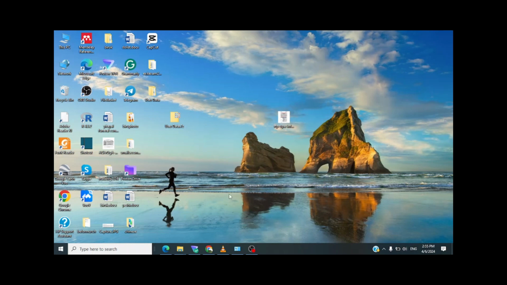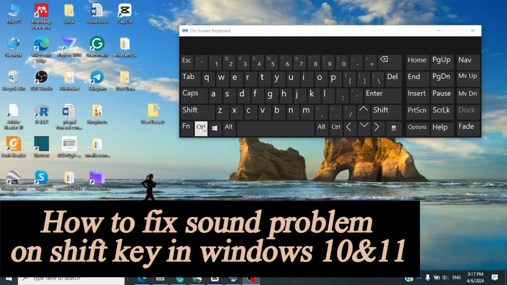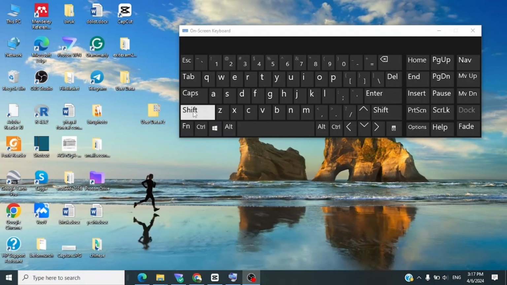I will show you how to fix sound problems on shiftkey in Windows 10 and 11. Here is the problem in shiftkey. When you press,